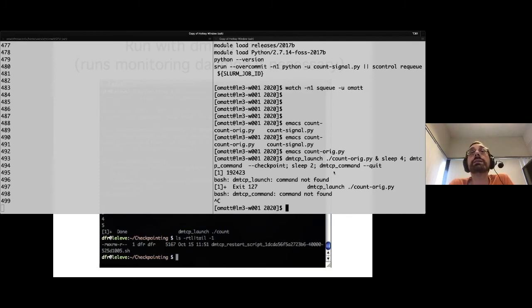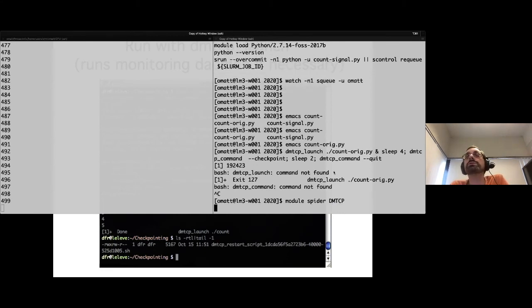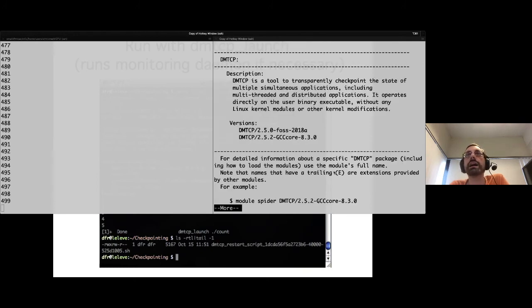So DMTCP is not a native program in some sense. It's a module. So I'm going to use a module. I can do module spider DMTCP, as you should get used to, as soon as you don't find something on the cluster, always use module spider. I'm rebuilding the cache, and you see that you have two versions of DMTCP. One is in this release 2019B. This is the default on Mesu 3. It's 2.5.2. I prepared all my lectures with this one actually, so I'm going to use that one. But in principle, this one should be as good.